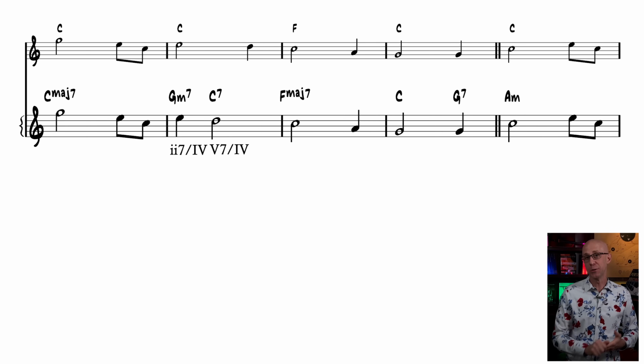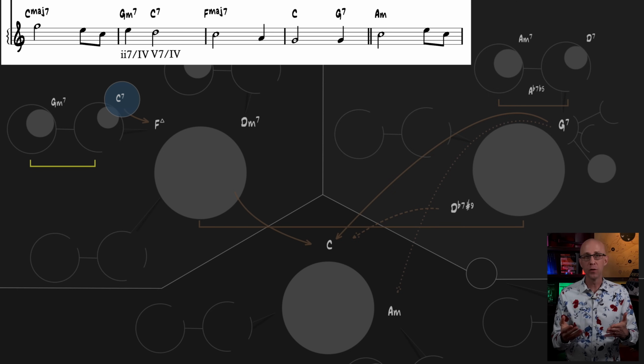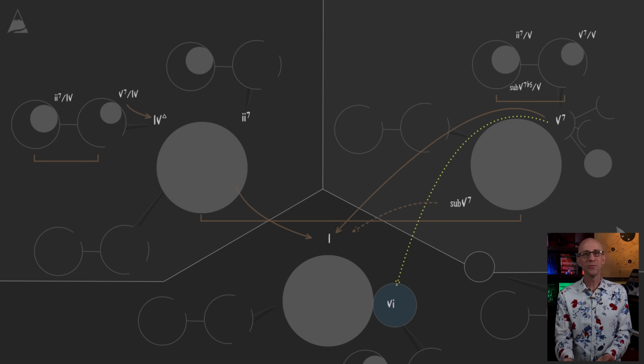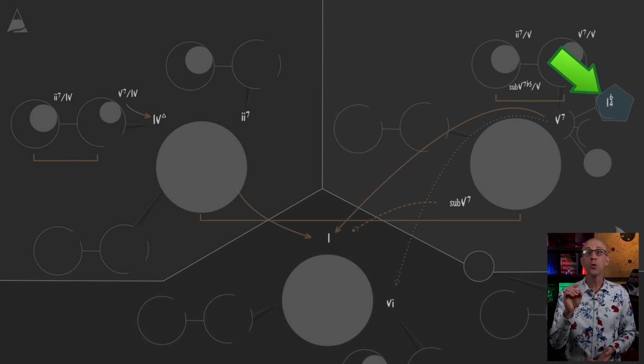There's something else I want to show you. Look at the path we have now. We're moving around the map from the subdominant to the tonic, and then to the dominant, back to the tonic. It sounds nice, but there's a much more interesting path that we can take if we use this chord here,